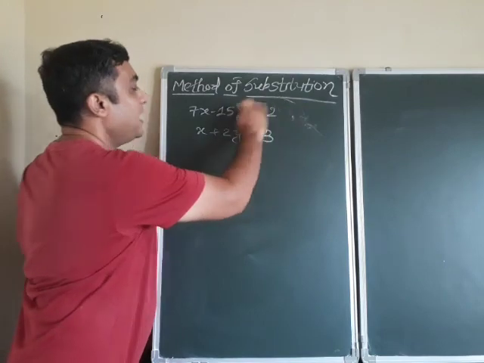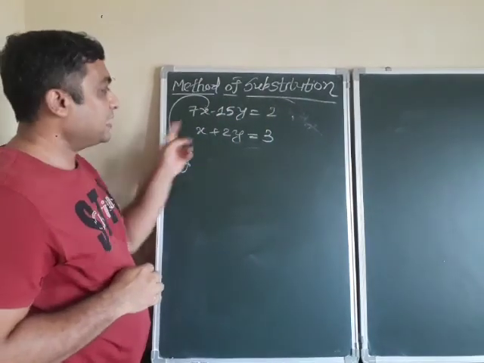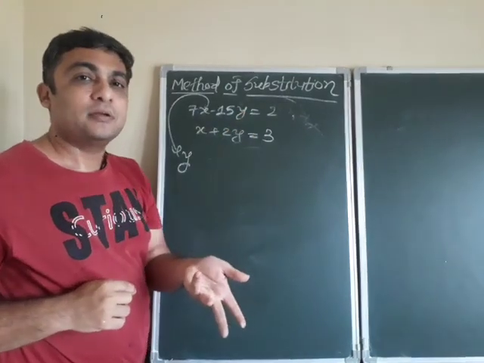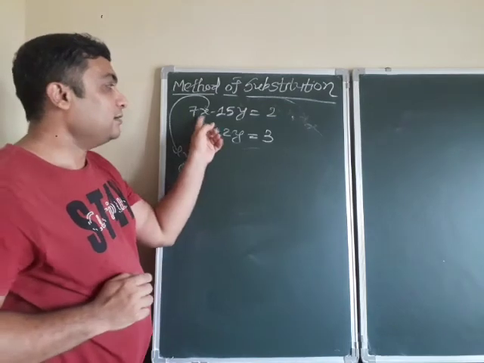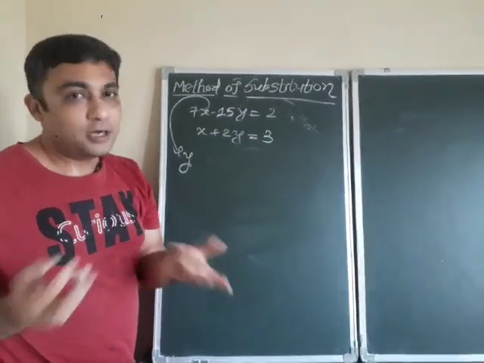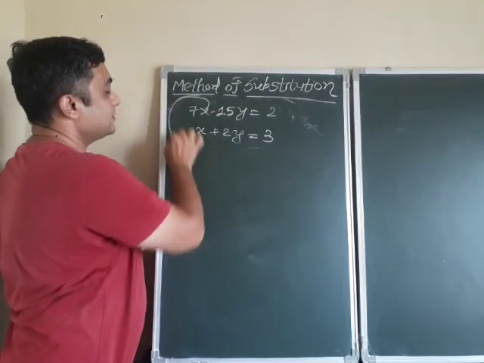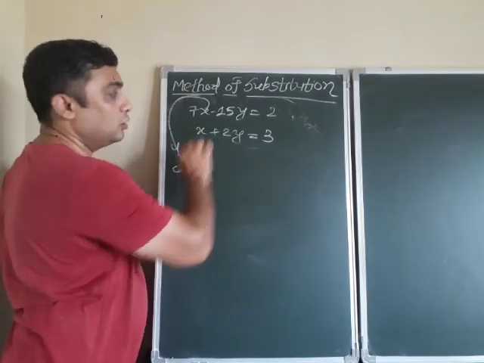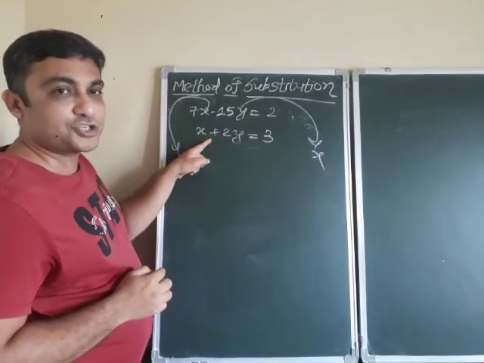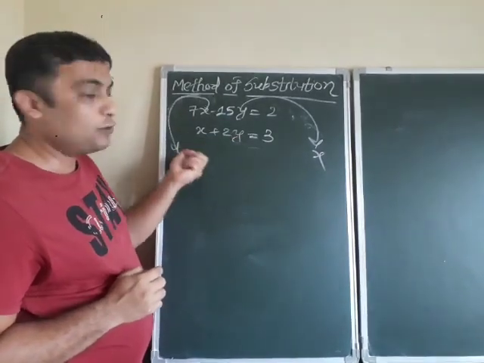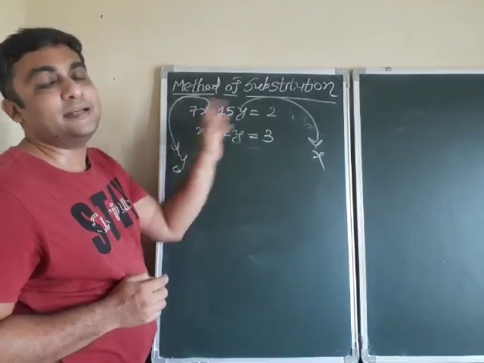Otherwise, if I change this value of x in terms of y, okay, then the whole equation is in terms of y, and by using one equation, one variable, that can be solved, so I can find out the value for y. Understood? So here the logic is clear. Either you can replace x in terms of y, or you can replace y in terms of x by using this equation. From this equation you find out the value of x in terms of y, or you find out the value of y in terms of x.